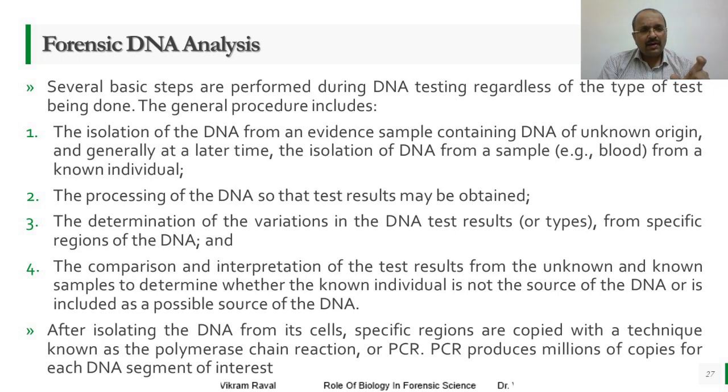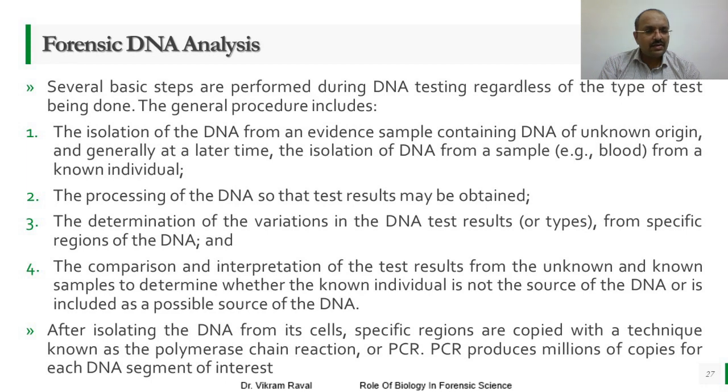If a region is identified, the number of those repeats present in my DNA may vary from your DNA. It may totally vary. It may partly match with my siblings, it may partly match with my parents, but it may be totally different from that of another individual. Right? And there is not a single sequence; there are many such sequences available. These variable number tandem repeats, VNTR, are taken into consideration, and we say it is establishing an individuality. Right? Then comes the comparison and interpretation of test results from the unknown and known samples